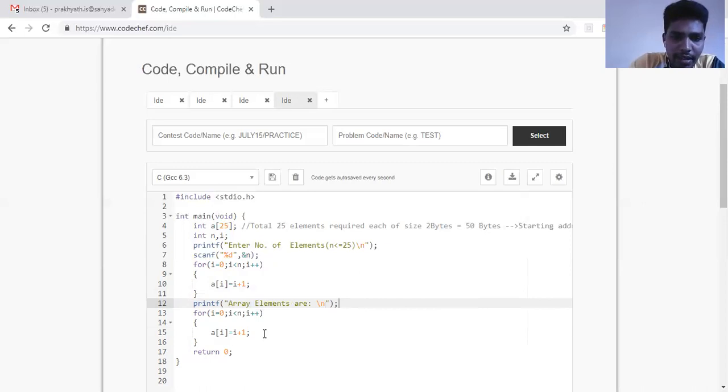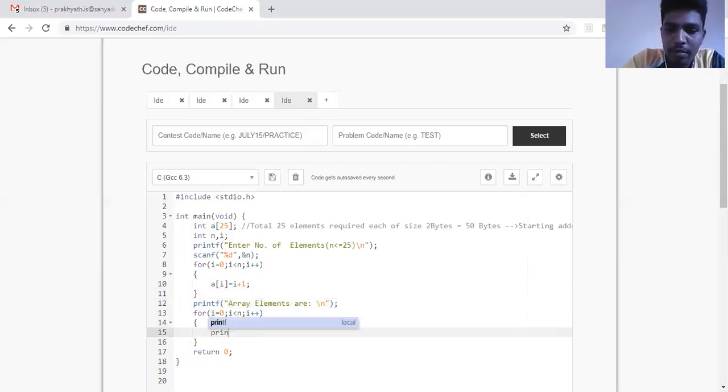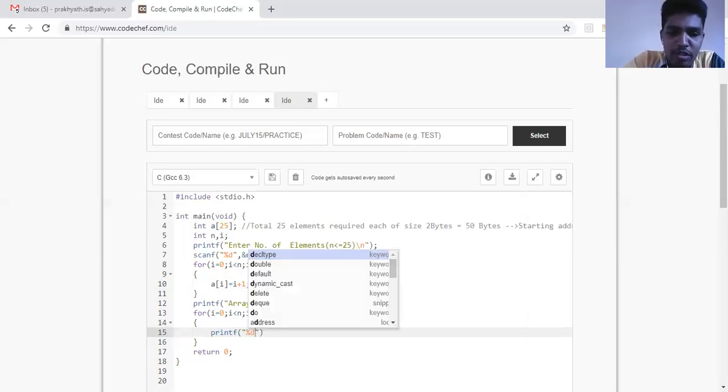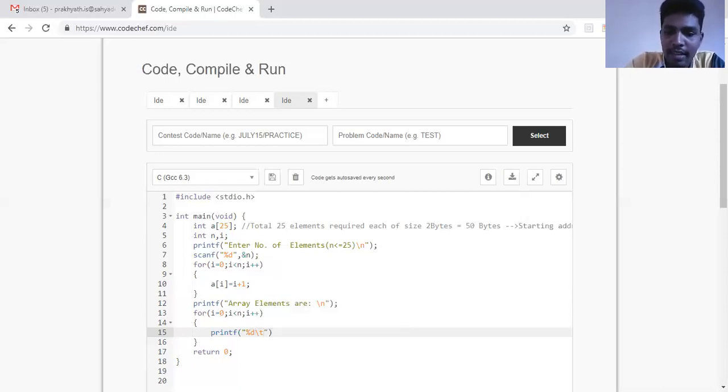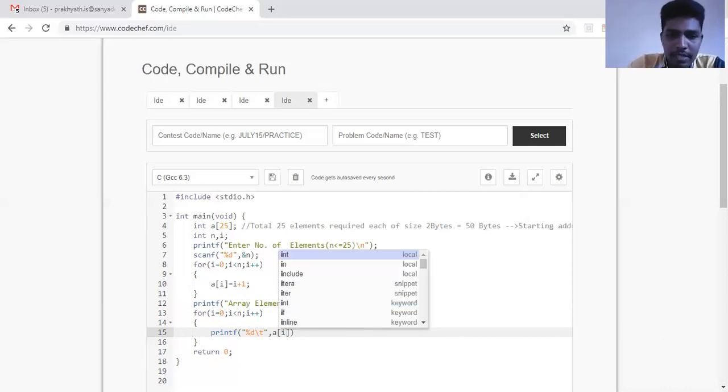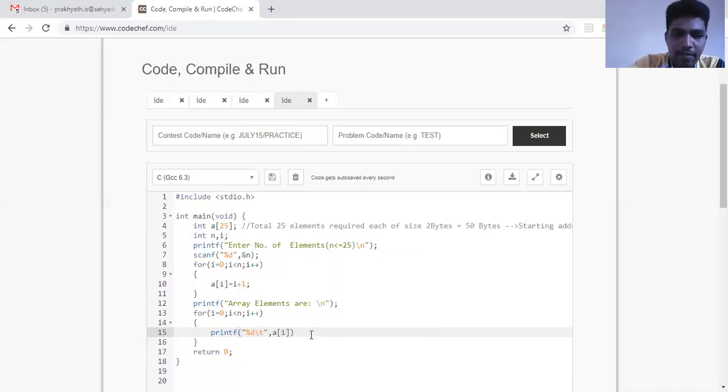Then I'll write the loop printing each of the array elements. All are integers, so I should write printf %d, and each element should be separated by a space. So I'll be writing \t, and then I'll be writing a of I. This is how I access the array elements. Fine. Okay. So it should print me the array elements.